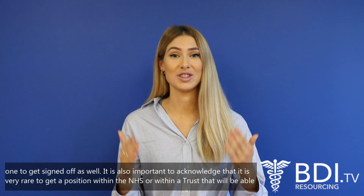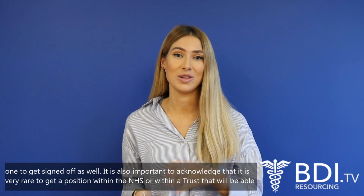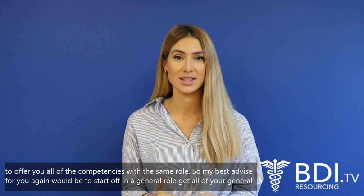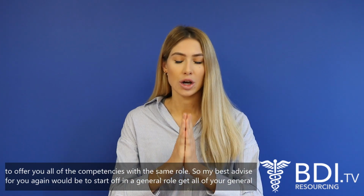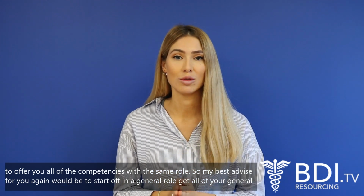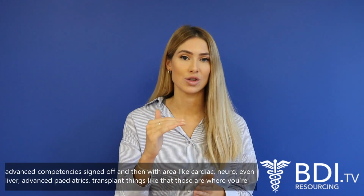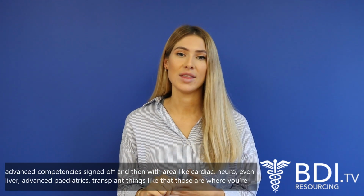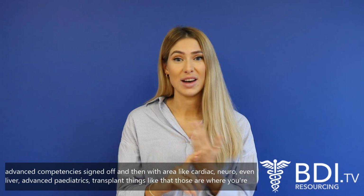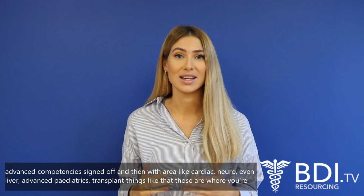It's also important to acknowledge that it's very rare to get a position within the NHS or within a trust that will be able to offer you all of the competencies within the same role. So my best advice for you, again, would be to start off in a general role, get all of your general advanced competencies signed off, and then with areas like cardiac, neuro, even liver, advanced paediatrics, transplant, things like that,